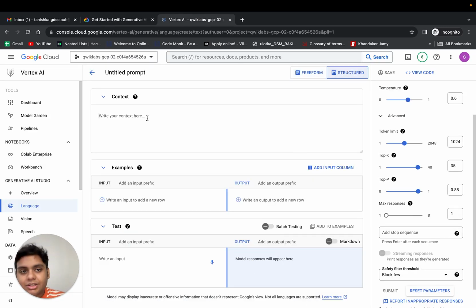I'll come back to structured now, and I'll tell you what it is. You can explore this all you want, but I'm going to help you understand. So what is context? Here, what we can write is, we are talking about